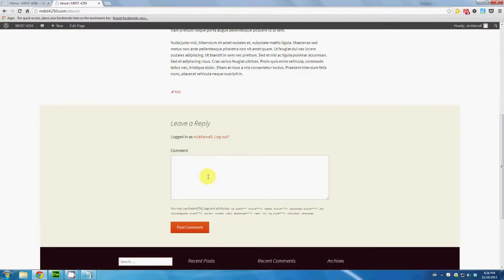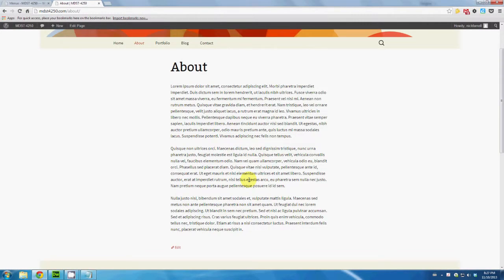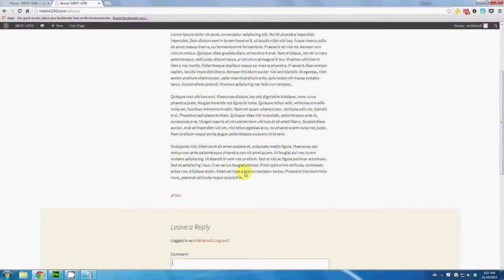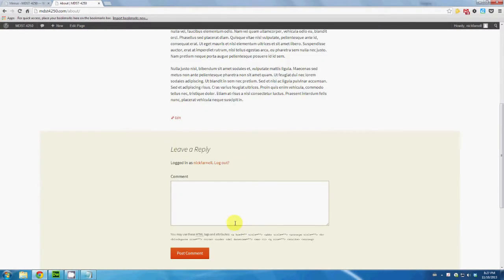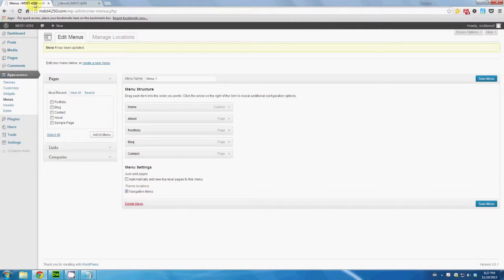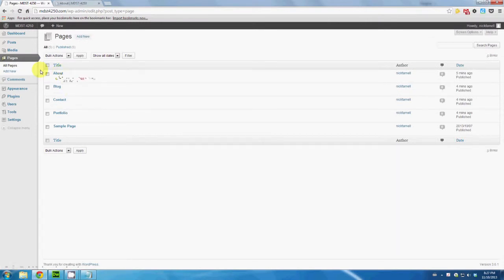So one thing that I don't want, right now there are comments. Comment section is available on these pages. A comment section would make sense to me on a page like a blog page or portfolio page even, but for the about and contact page, I'm gonna remove this comment area. If I go back to the dashboard, click on pages, and I want to remove it from about. So if I click on about,